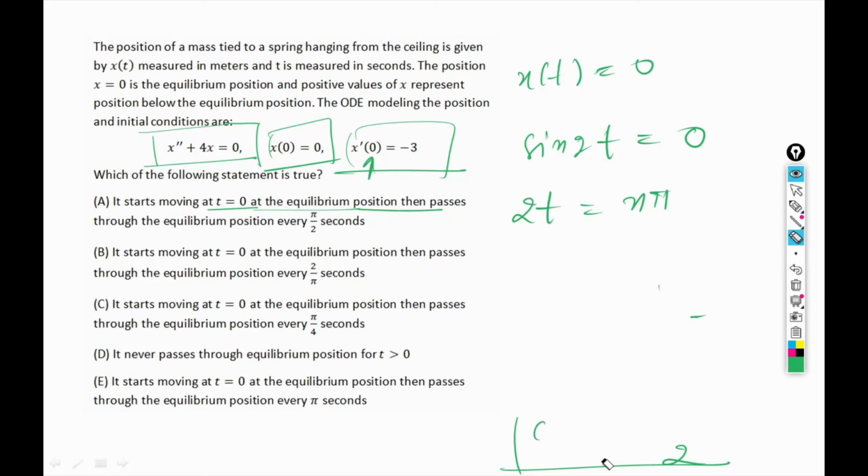and now t equals n pi by 2, where n is an integer 1, 2, 3, 4, 5, 6, 7, 8. So from here we came to know that after every pi by 2 seconds, the mass crosses or touches the equilibrium position. So after every pi by 2 seconds, it passes through the equilibrium position. So option A is the